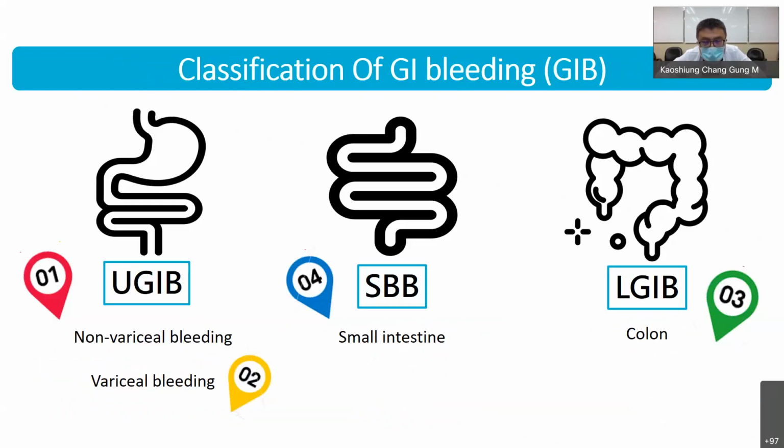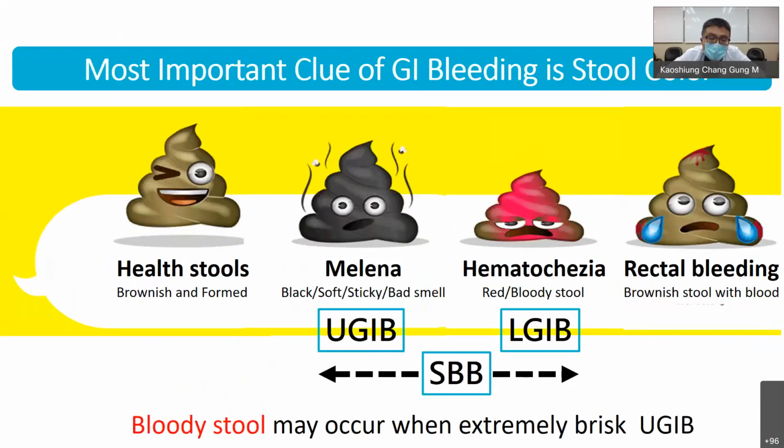We can further classify upper gastrointestinal bleeding into 2 parts by its different etiology: non-variceal bleeding and variceal bleeding. Okay, so we have 4 parts of GI bleeding topics to talk about. We will talk step by step. At first,